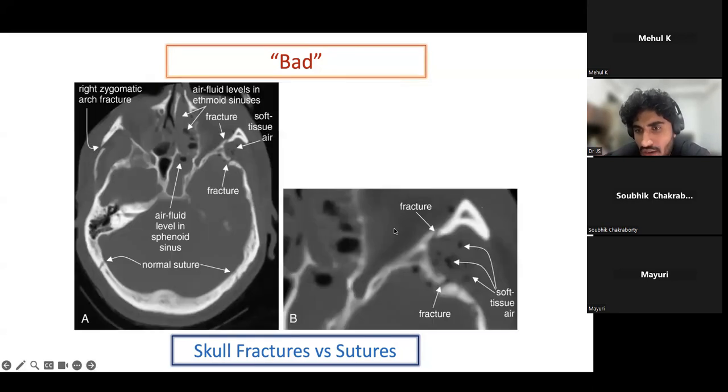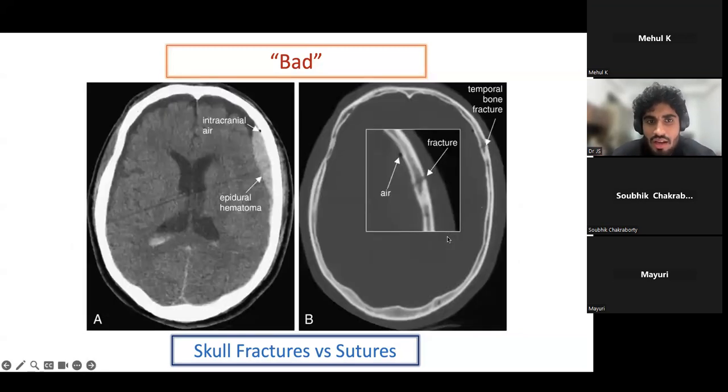And this comes with practice. Even though I'm imparting knowledge to you, you need to go through it multiple times. There are a lot of free resources available on just a Google search, and you have to scroll through multiple pathologies. First of all, you have to accustom your eyes and learn the visual pattern of the normal CT. After that you can appreciate this. And in bone window, when there is a bone fracture, you can see